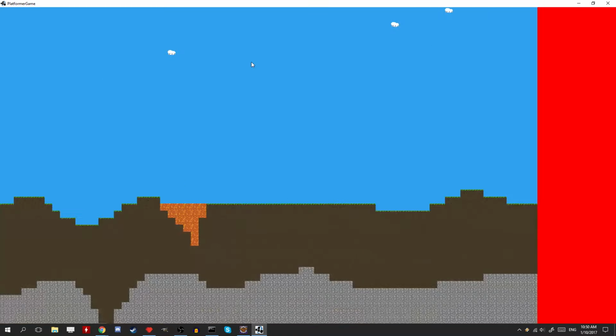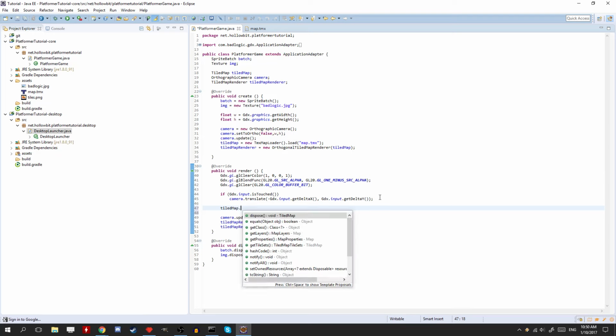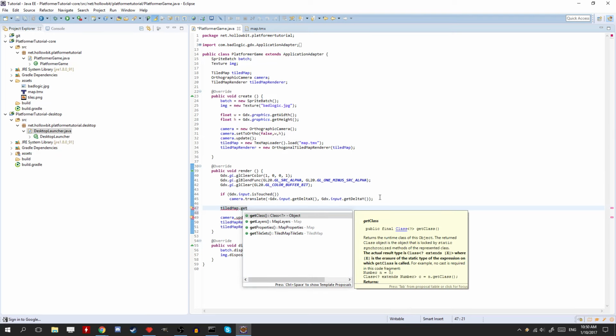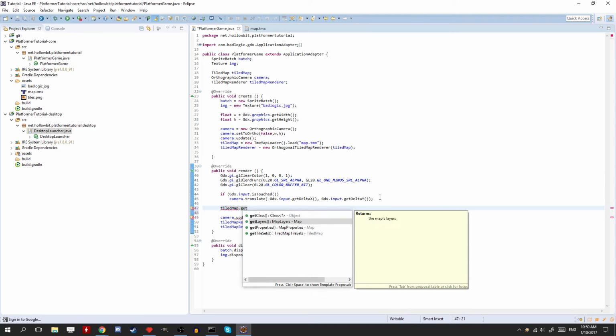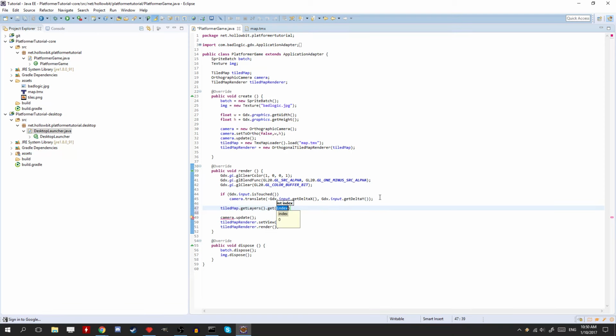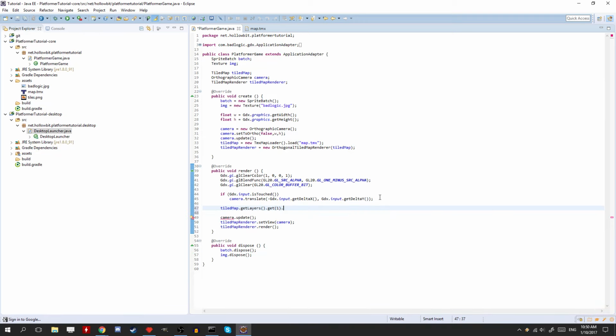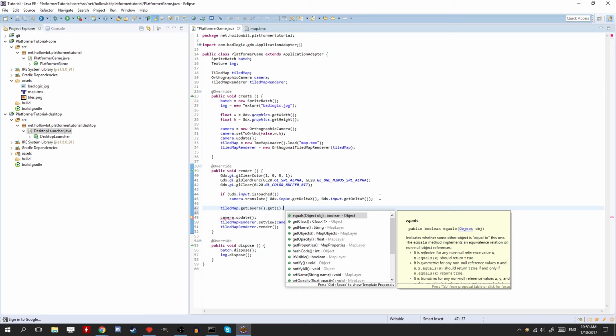You know, there must be some sort of way of getting the tile's ID. So that's what we need to know. So we have the TiledMap. I'll get layers dot. Okay, so we can get a specific layer. So just say the foreground layer. So then dot get